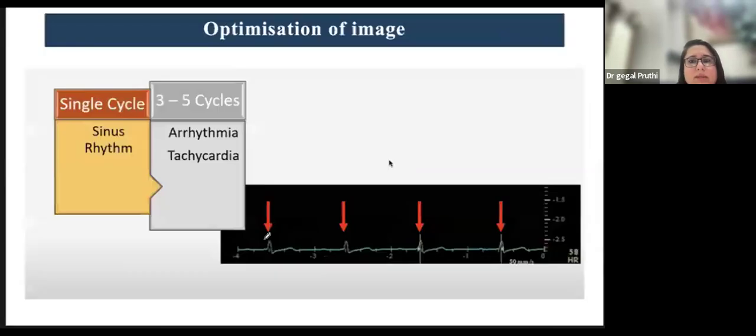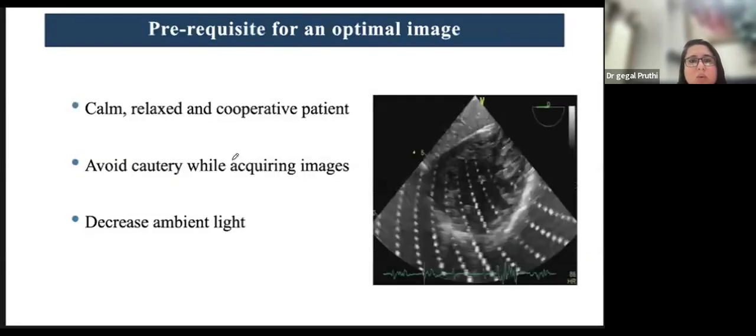Coming to image optimization, firstly you should know how many cycles you should take. If you have no arrhythmia or tachycardia, a single beat acquisition is enough. But if you have arrhythmias or tachycardia, 3 to 5 beats should be acquired. What are the prerequisites for an optimal image? The patient should be calm, relaxed, cooperative. We should avoid cautery while acquiring images, and we should decrease the